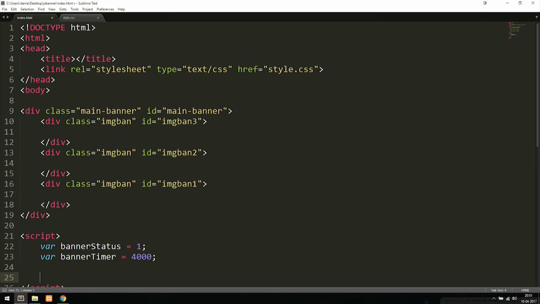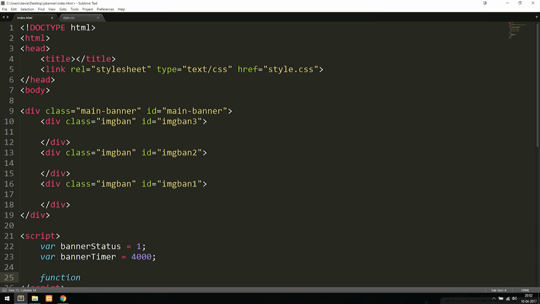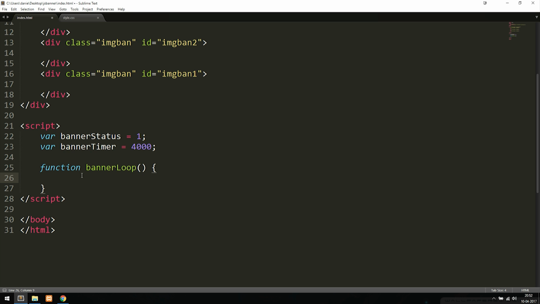So now that we have this, we need to create a function that actually changes the images using JavaScript. So what we're going to do is say that we have a function that is called bannerLoop, parentheses, curly brackets. And then inside of this function, we're going to start out by creating an if statement that says, if we're inside banner status number 1, then the images need to behave in this way. So right now we're going to say if bannerStatus is equal to 1, then do this block of code